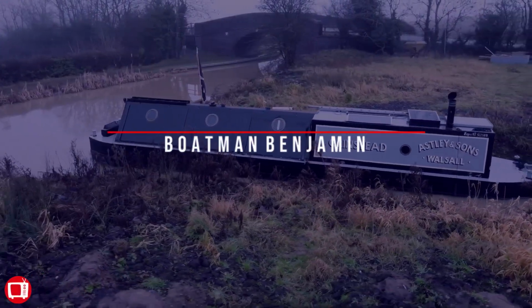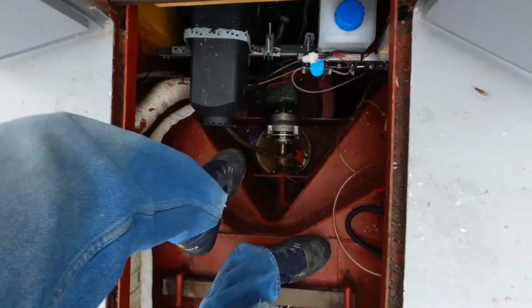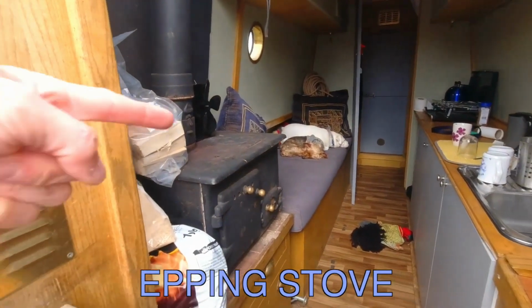Boatman Benjamin fixes the diesel heater on Narrowboat Grinstead. Down into the depths of darkness. Now I know there have been previous vlogs on this heater thing, but hopefully this is the last one. So yes, here on Narrowboat Grinstead we didn't have much heating, so we've got the old Epping stove, which is just there,